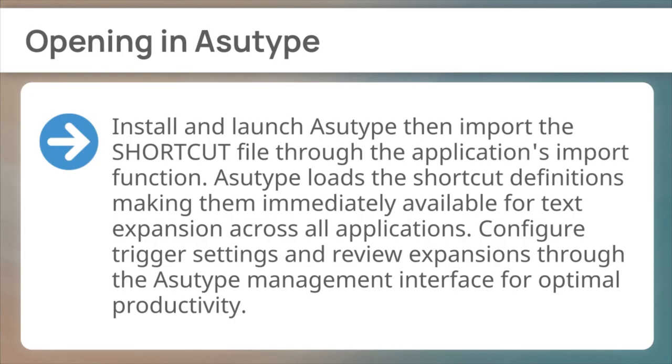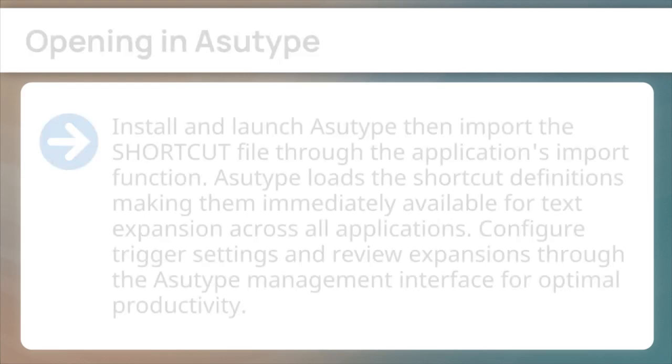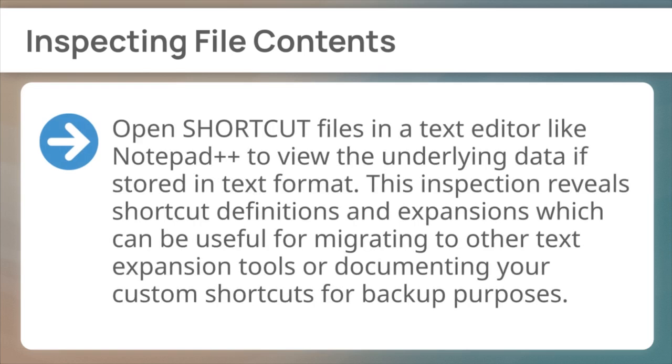Asutype loads the shortcut definitions, making them immediately available for text expansion across all applications. Configure trigger settings and review expansions through the Asutype management interface for optimal productivity. Next, inspecting file contents. Open shortcut files in a text editor like Notepad++ to view the underlying data if stored